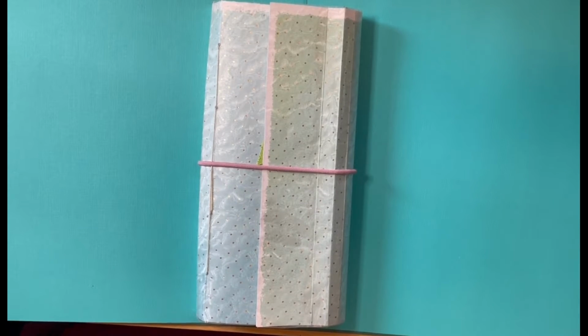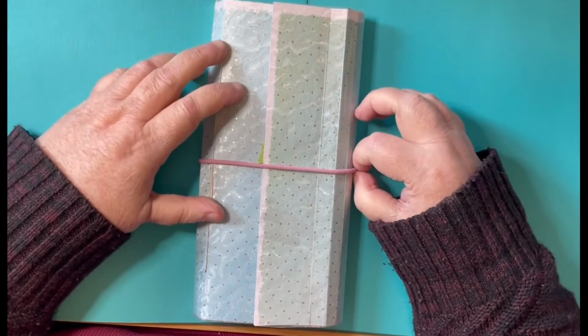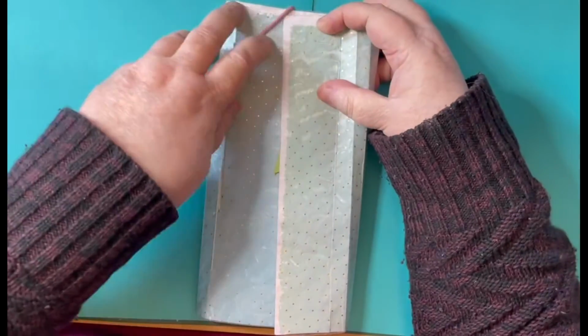Hi, this is Darlene, and I'd like to show you a little traveler's notebook that I made as part of the April